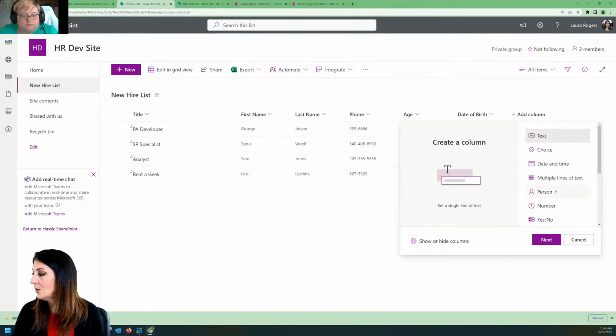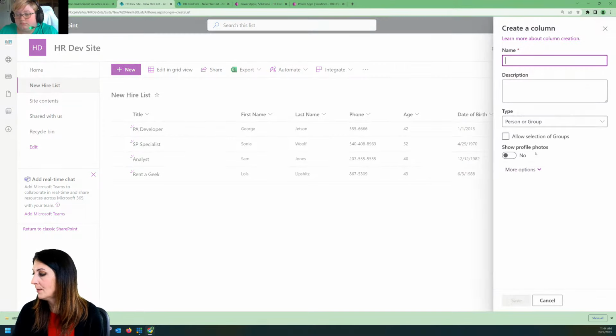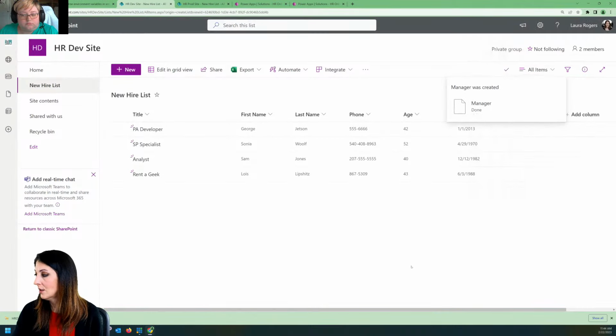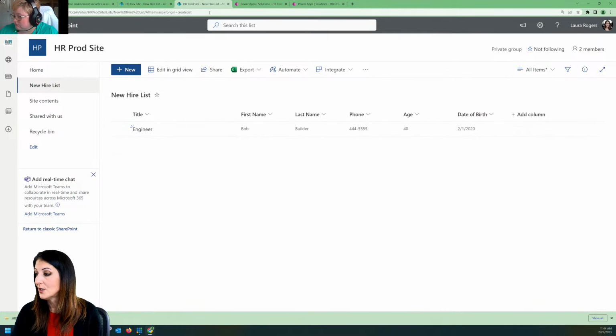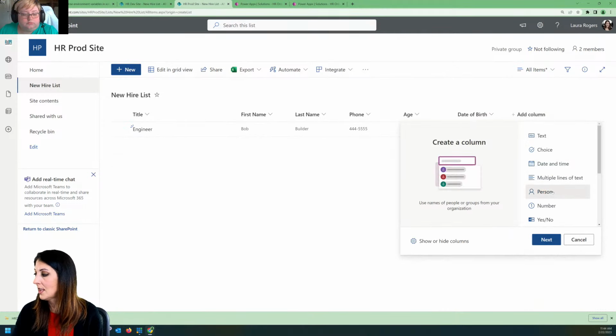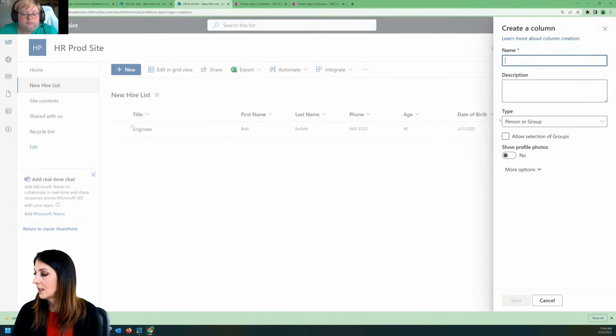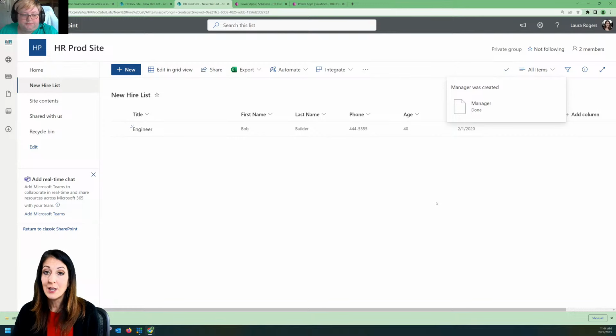So I'll add a new column, a person column, and I'll say manager. And notice I'm just typing manager. I have no spaces, no characters or anything. I have to remember exactly what I type here if I'm going to go to the other list and create it. So I'll say manager. And then I go over to the production site and do the exact same thing. Manager, save. And now I have manager in both lists,